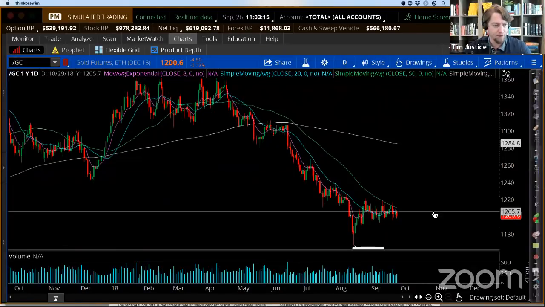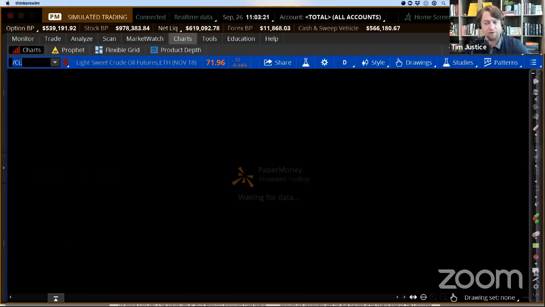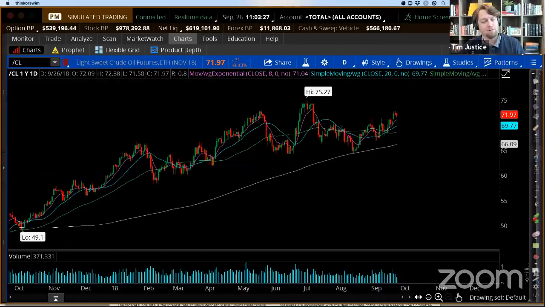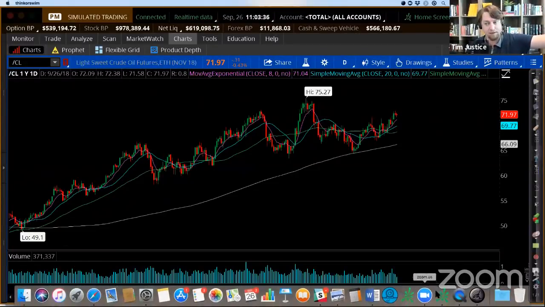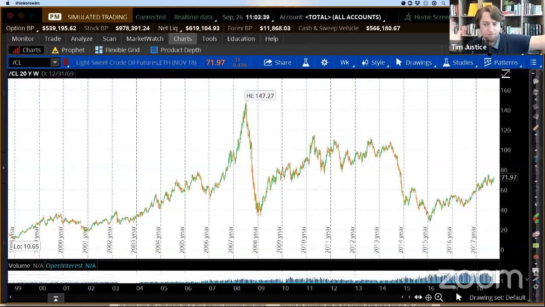Move on to oil. Now, oil seasonally, Noah, I want to get your take on what happens with light sweet crude. I know that Brent crude has been a lot stronger than the light sweet crude recently, but the CL is what we always look at. Yeah, CL breaking out. And actually, Trump in front of the UN yesterday was talking about sanctions on Iran, Matt, that are going to hit in November, retracting some of the supply in the market. If we have a supply problem and demand stays constant, you would consider the price to go up. No, give me a seasonal read on this. Matt, give me a technical read on this.